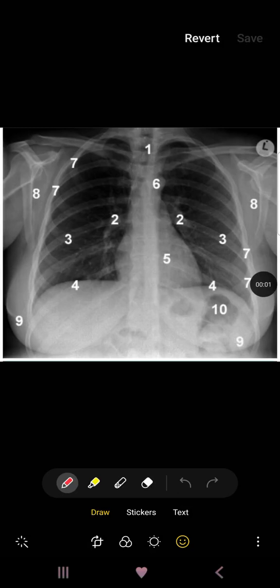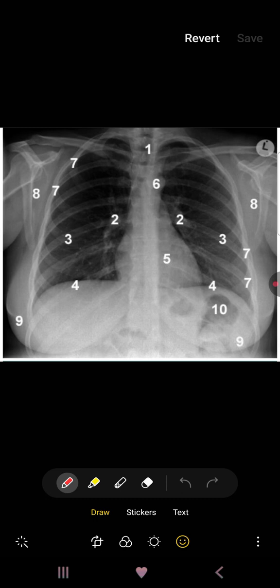Hello everyone. Can you pause the video for a second and tell me what's going on in this chest X-ray? I would like you all to pause the video. This is a normal chest X-ray, and today I'm discussing a normal chest X-ray because I have learned in my